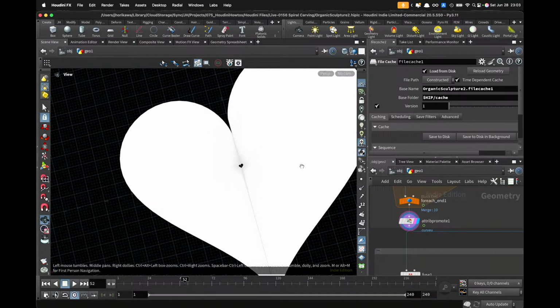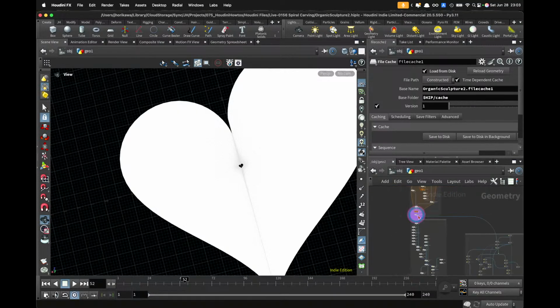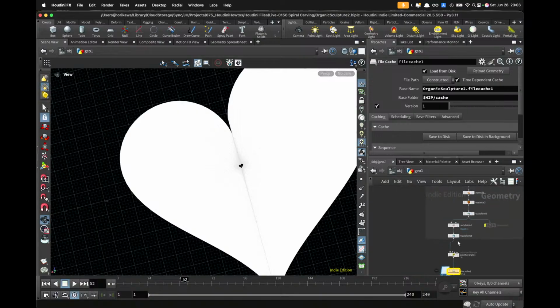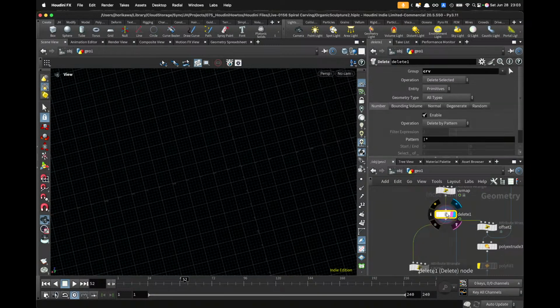Then I'm going to project this base mesh onto a sphere and use it to create a carved-like surface in the end, which looks like